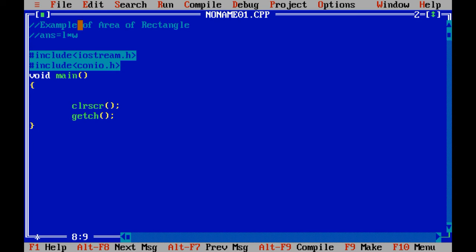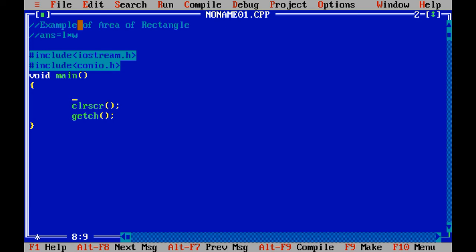Here you can take either integer or float. There is no specific data type, so I am going to take float only over here. So float answer, L and W.